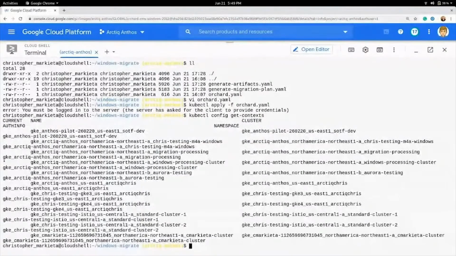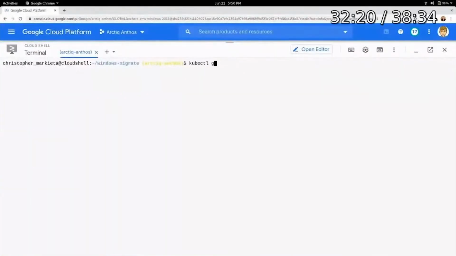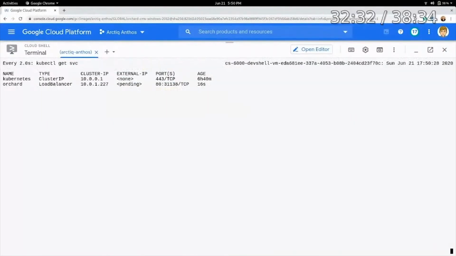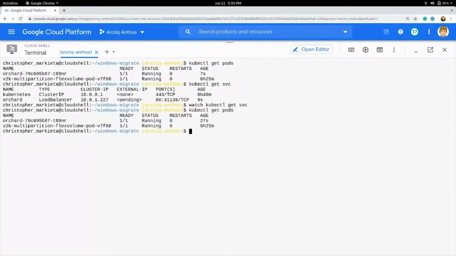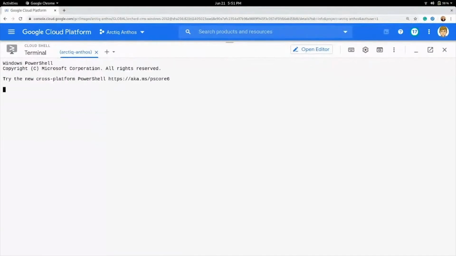So I'm just going to run it again, and you'll see that it's coming up again. So kubectl, or rather Orchard CMS, and I've got that service there. It's pending. I'll give it a few seconds. Once that's up and running, you'll see that,